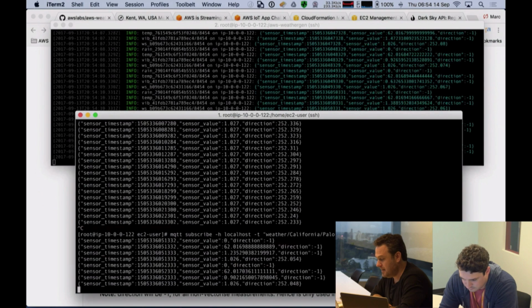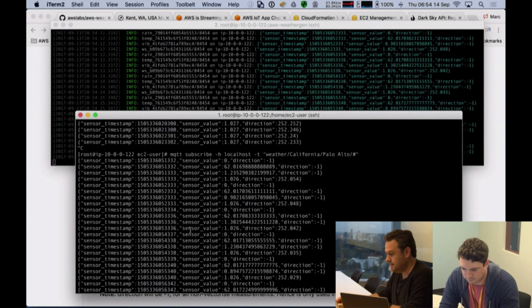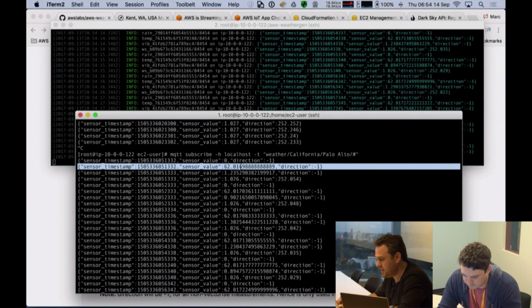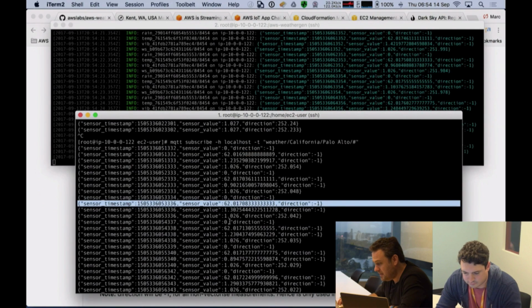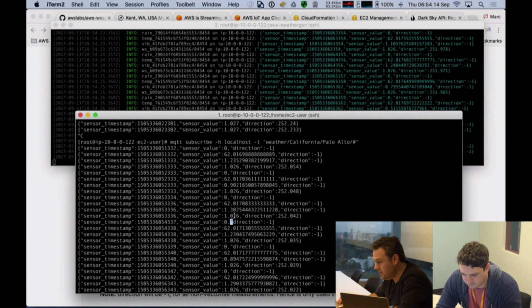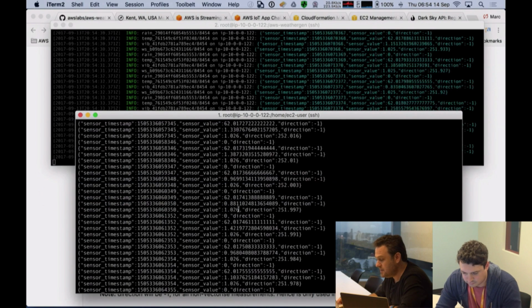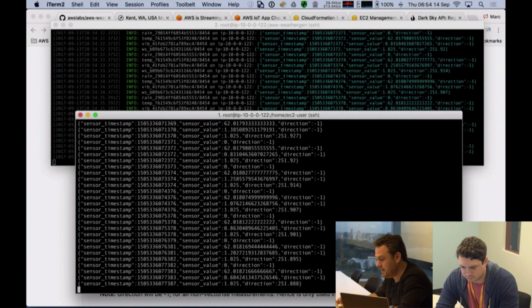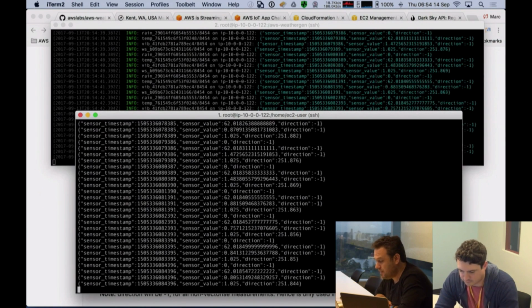And you'll see here I'm now getting multiple pieces of data. I'll just stop it so you can see. We're getting some temperature. We're getting, let's have a look here. We're getting some temperature. We're probably getting 0 rainfall. We're getting wind speed, and we're getting a little bit of vibrational data as well. So this is a great way to have a look at all the data that's streaming in from your instance to your application.